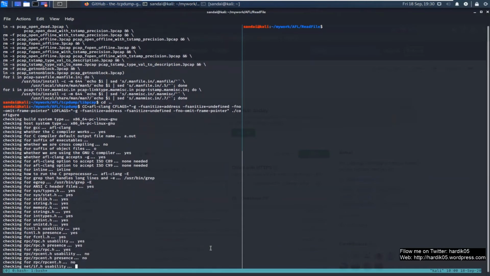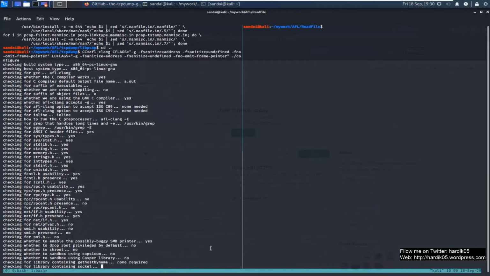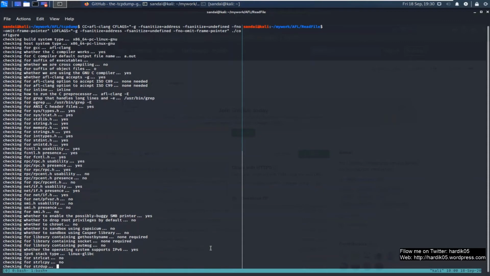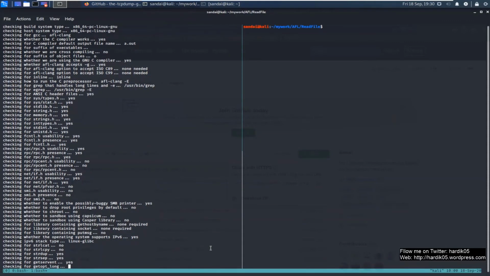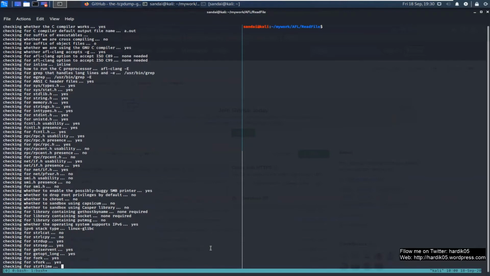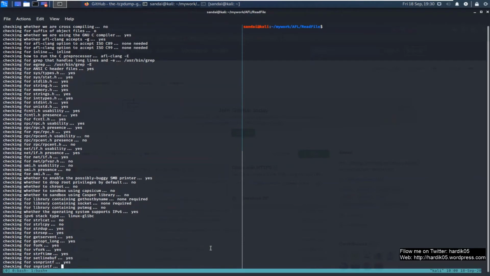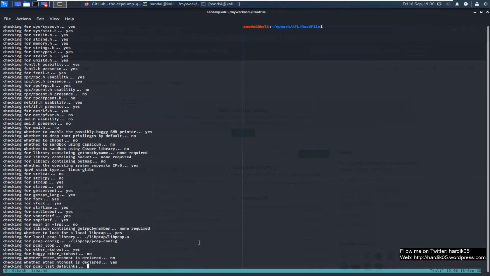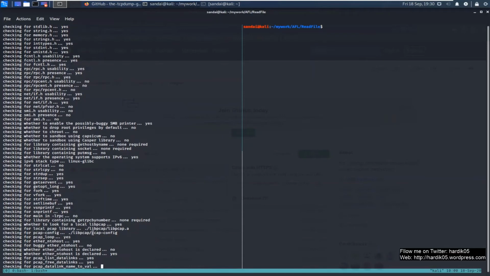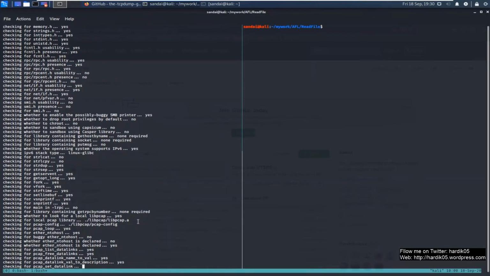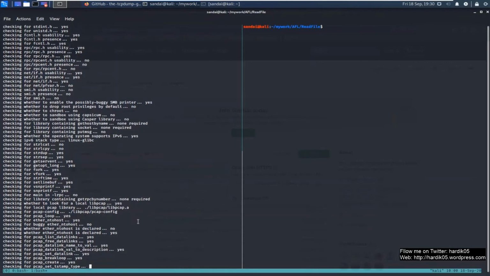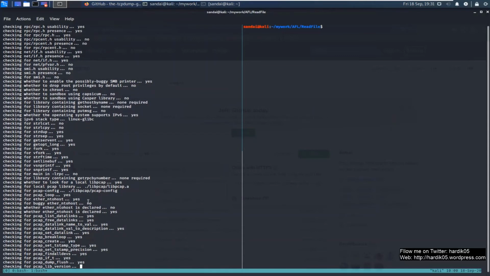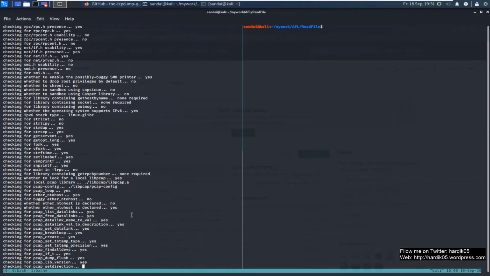So let's wait for some time. Okay, so you can see that it was looking for pcap-config, and last time when we ran it, it gave an error over here and the configure was not successful, but now it has found that file, so it should not be an issue anymore.